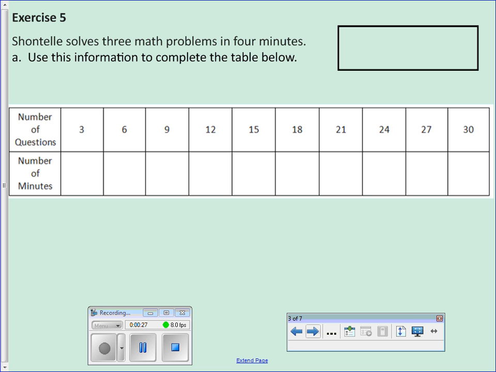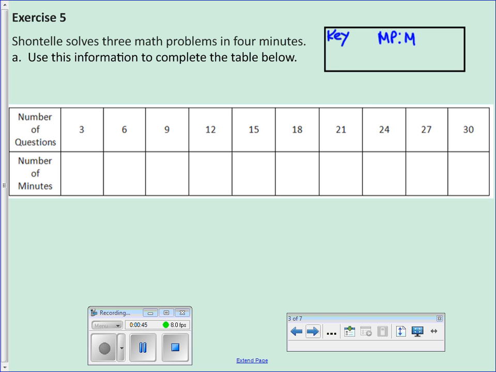Before we complete the table below, what do we want to do here? Make our key. So what two things are we comparing? What two things are in our ratio? Math problems and minutes. Okay, so we could do math problems to minutes. And what is the ratio of math problems to minutes? 3 to 4. So she does 3 math problems in 4 minutes. Remember, order matters. So go ahead and use that information to make a table, scale up to